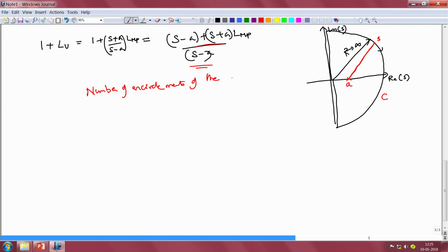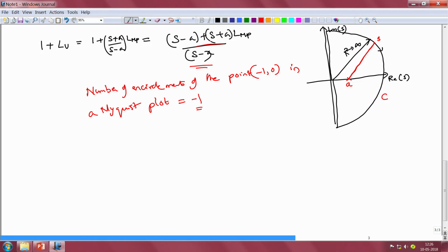of the point minus 1, comma 0 in a Nyquist plot should be equal to minus 1, because the term s minus a, which is in the denominator of 1 plus Lu, will result in one counterclockwise encirclement, or the encirclement sign is negative, and hence that results in one counterclockwise encirclement. And if none of the closed loop poles are within this D-shaped contour, or in other words if